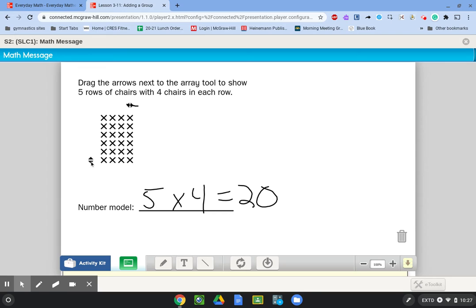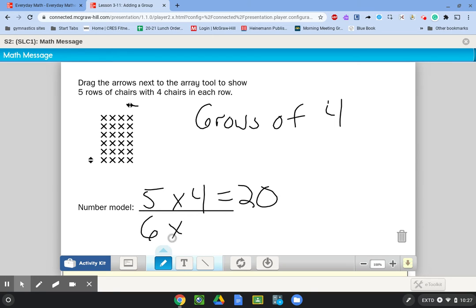So now we have 6 rows, right? 6 rows of 4. Went from 5 rows of 4 to 6 rows of 4. So now what we're really solving is 6 times 4. Well, I bet some of you